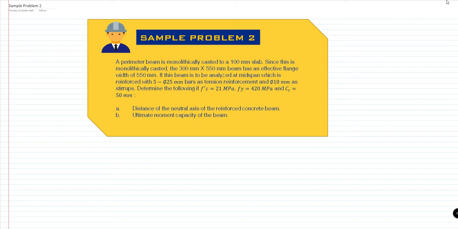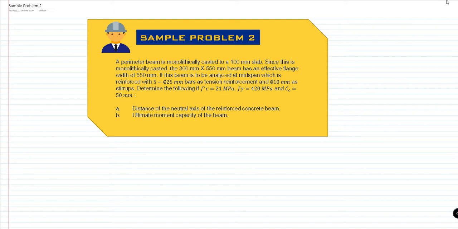Good day, engineers. Para sa video natin na to, ang i-discuss natin will be the sample problem number 2 for the analysis of T-beams. So sample problem number 2 states that a perimeter beam is monolithically casted to a 100 mm slab, and since this is monolithically casted, the 300 mm by 550 mm beam has an effective flange width